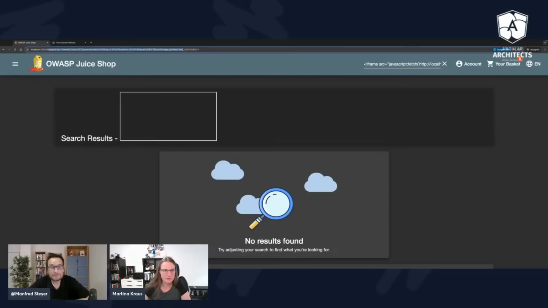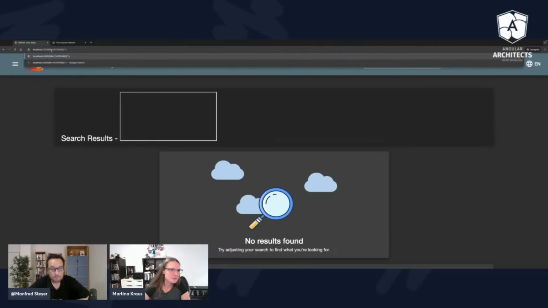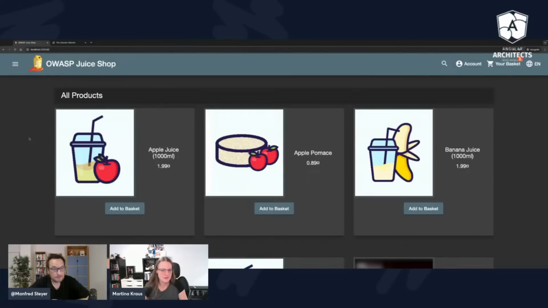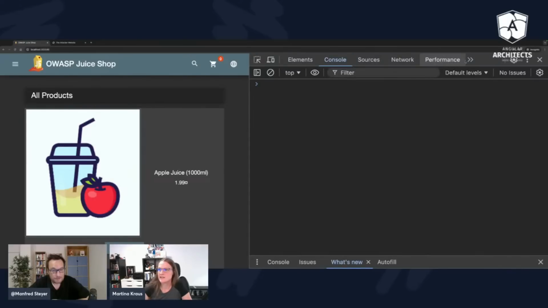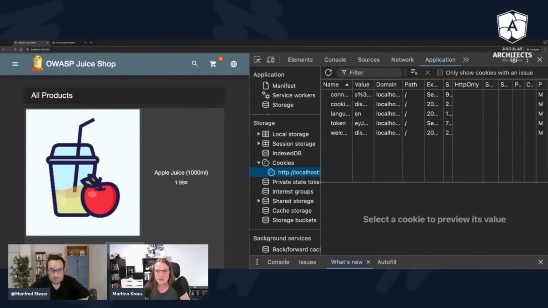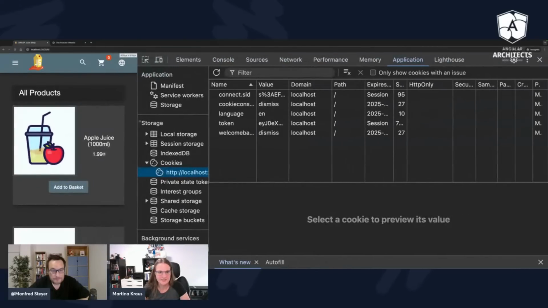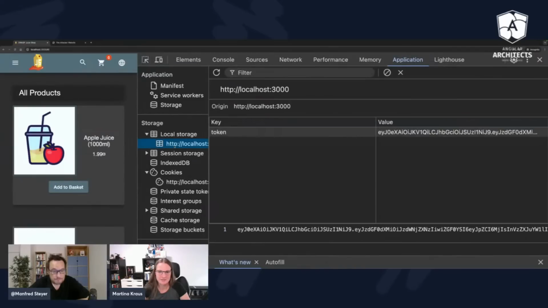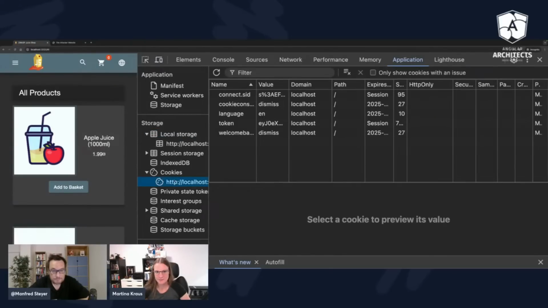So we can have a look at the cookie. You can see that here in the application. And here we also see that we have the token stored in the local storage. But since this application is a little bit messed up, it's also stored inside a cookie.